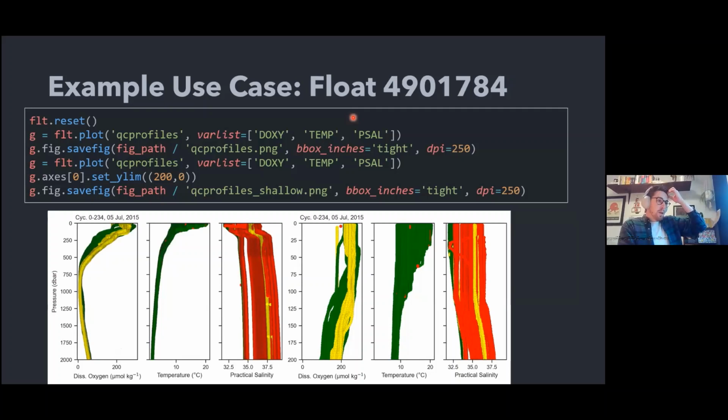This is another plot. You can probably guess what QC Profiles is doing based on this down here, but just a few observations about this plot. It is showing by color what the QC flag is. So this is an older float, and dissolved oxygen should all be 3 in its raw form by default,